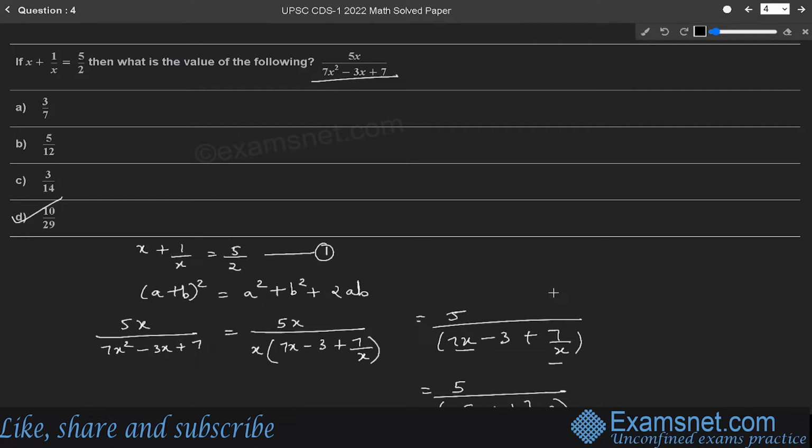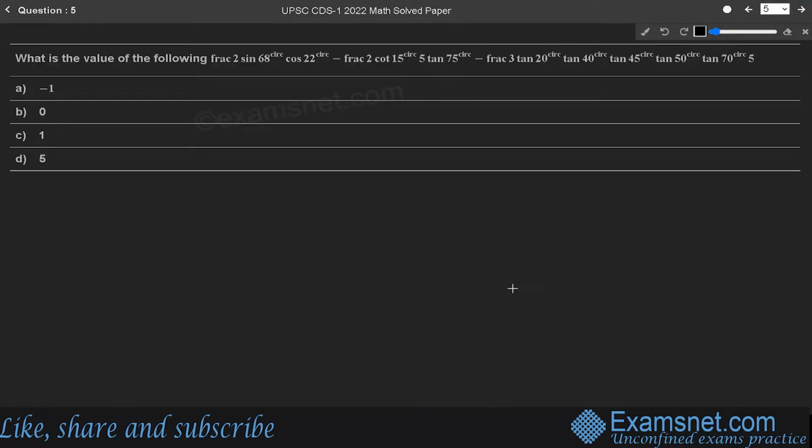Now moving on to the next question. What is the value of the following? It is a question from the trigonometry part, and a trigonometric expression is given. But before solving this question, we have to understand a basic concept which is used in the trigonometric ratios of complementary angles. And the concept is, we know that sin(90 minus theta) equals cos theta,